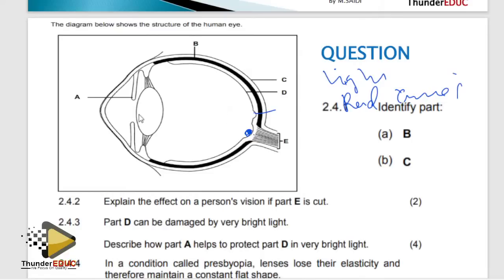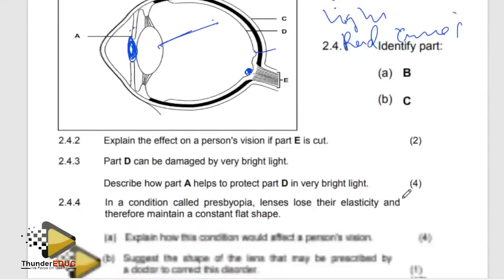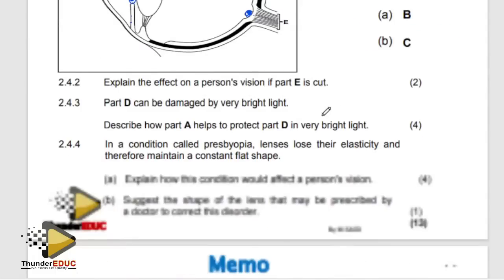And then this is the iris, and the space is the pupil. You understand? The space is what? The pupil. So basically, the iris controls the size of the space, which is called the pupil. Sometimes people confuse the iris with the pupil. And then this is the lens. What's the function of the lens? It is to bend light to the retina. So basically, it refracts light to the retina. So I think I'm clear there.